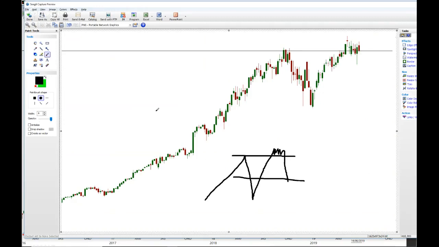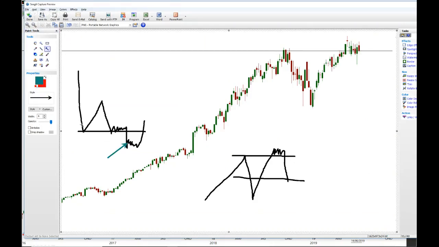And same for the downside as well. I remember seeing this happen in 2016 in silver and gold, and I think the silver and gold miners as well. The market came down, found a bit of support, and then it broke down. I was like, oh, okay, cool. Look, it broke down. It looks like it's going to continue down, and then it went sideways for a while, broke back above. Guess what this is here? It's a false breakout, right? Because it was breaking support. When it breaks down through here, there are things you can use to say, okay, well, it's likely to be a false breakout, and I'll teach you that later on.